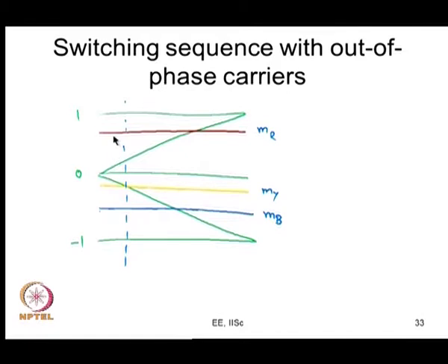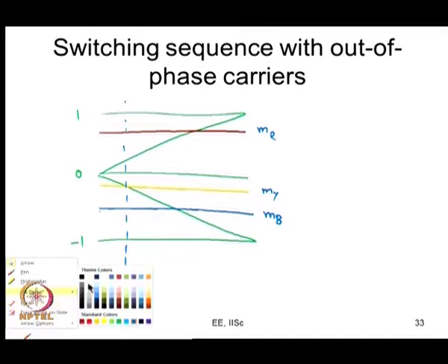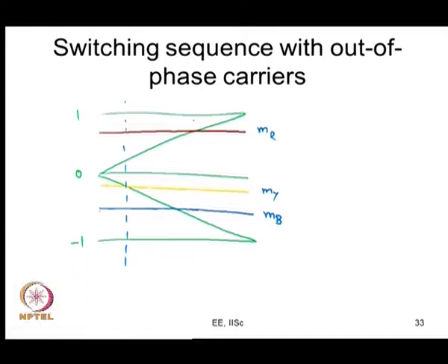So, that is equal to plus VDC by 2, and that is the case up to this point. Up to this point the R phase pole voltage is plus VDC by 2, beyond this point it is 0. If you take Y phase here, it is minus VDC by 2, and from here onwards Y phase is 0. If you take B phase, it is minus VDC by 2 up to here, and from here onwards it is 0. So, if I write down the sequences, this is one switching instant, this is another switching instant,